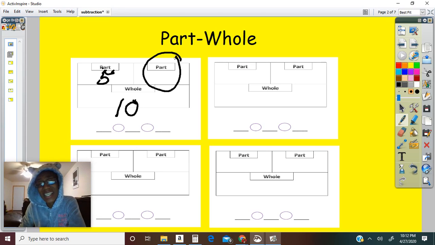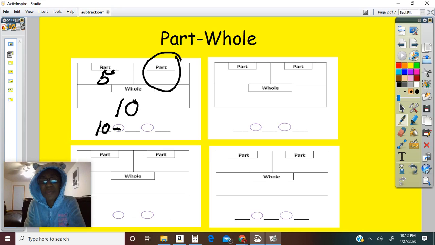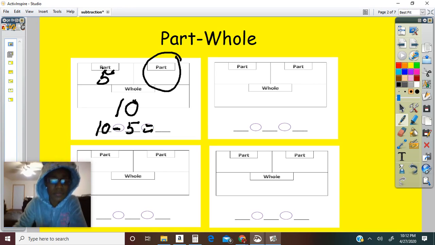When we're writing our number sentence, it's going to look a little bit like this. You always start with the biggest number or the whole first. 10. Then we need our minus sign. Then we use our next part. And then we'll need our equal sign. The answer is going to be our difference, and that's going to be our missing part. So, in this number sentence, it looks a little bit like this. 10 minus 5 equals,